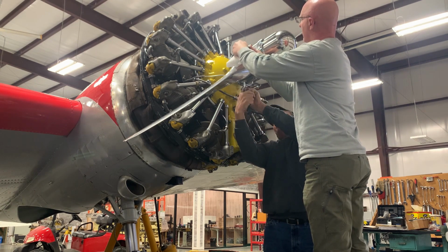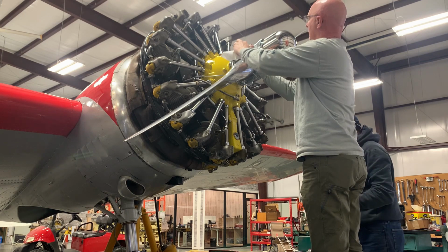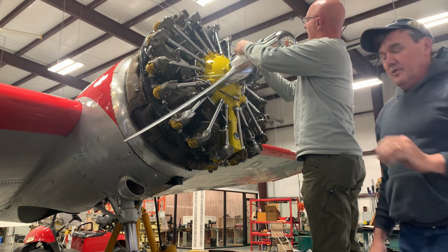So guess what? These bolts, you may know this, these are hollow bolts, and you fill them with lead to balance it if you need to. Really? Nobody does it anymore. But if you have a scale that's really good,